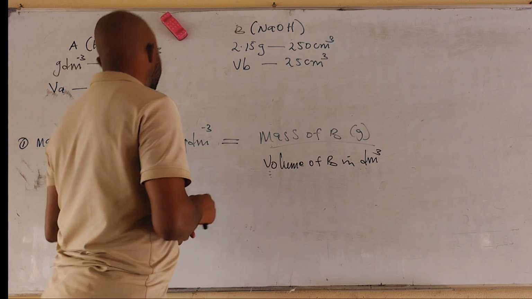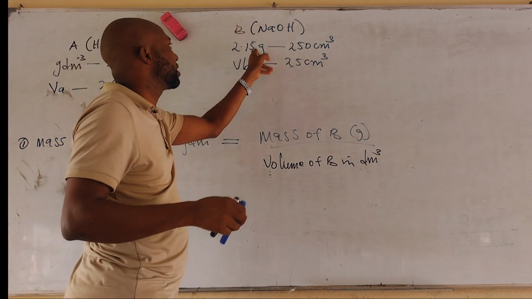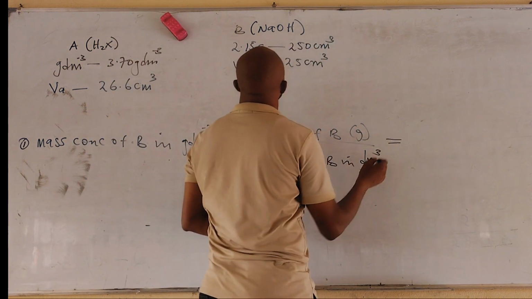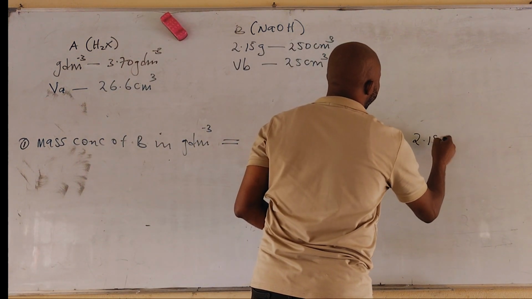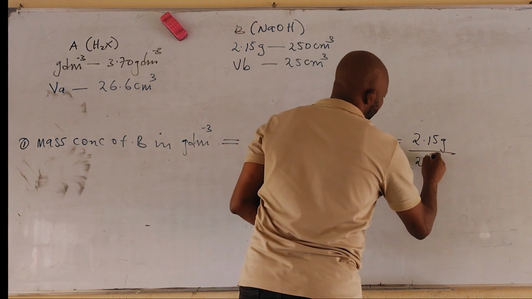So the formula says mass over volume in dm cube. So this mass is here, volume is there, so we can proceed. And this is equal to, the mass is 2.15 gram over the volume is 250 over 1000